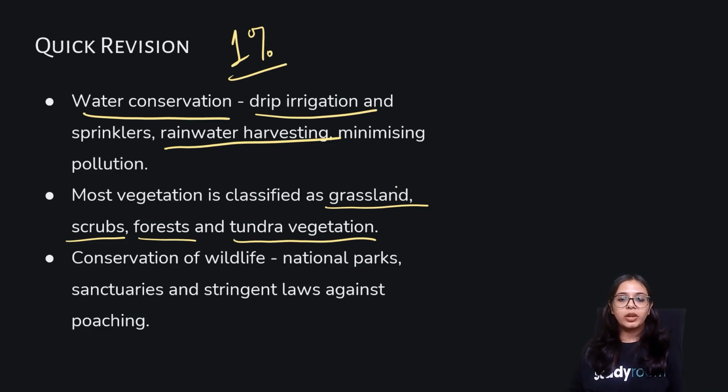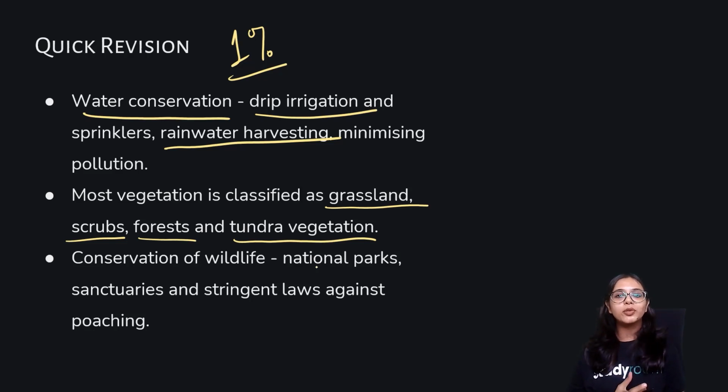The other important step is that the government has built national parks, wildlife sanctuaries, and biosphere reserves, where these endangered species are incorporated. They are allowed to live in their natural habitat. There are no cages surrounding them. They are free to roam in their natural habitat. So these are the important measures that one needs to take when thinking of conserving wildlife and natural vegetation. In this chapter, we have covered all these 5 to 6 important natural resources, and